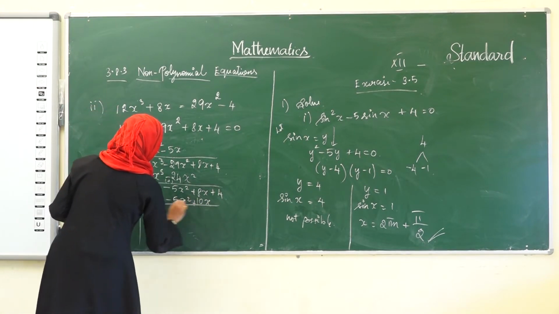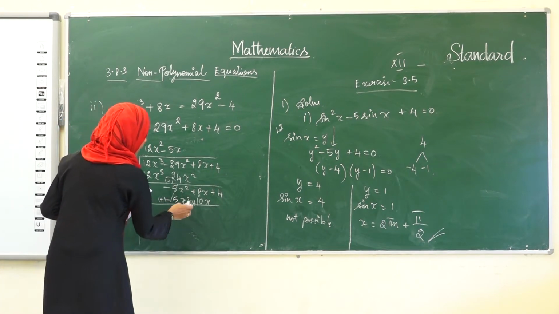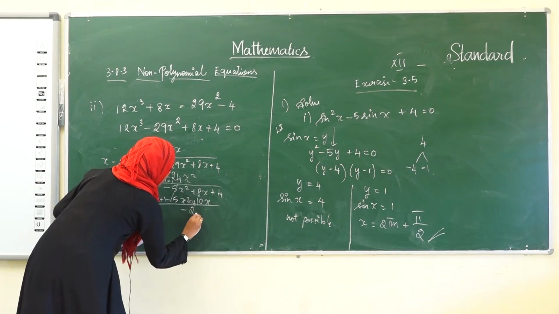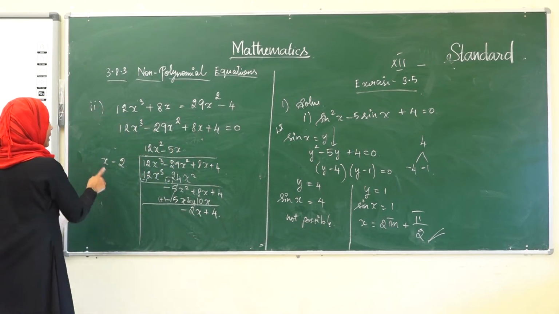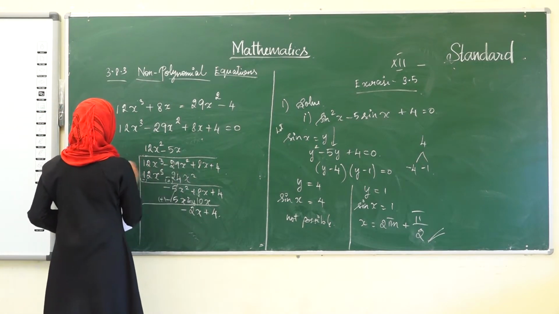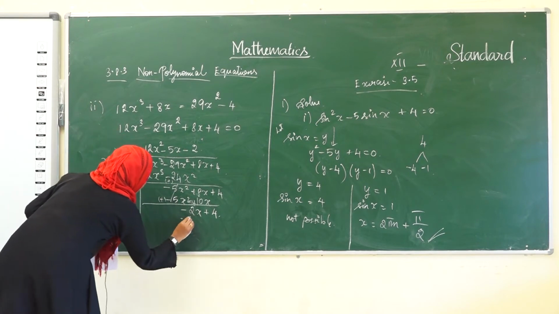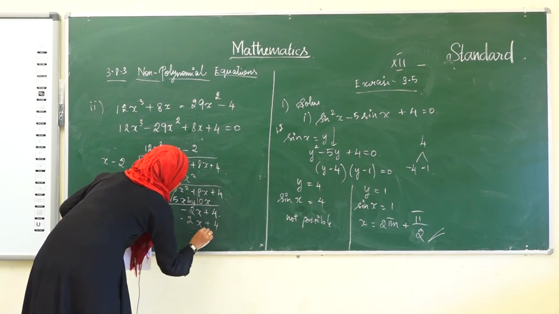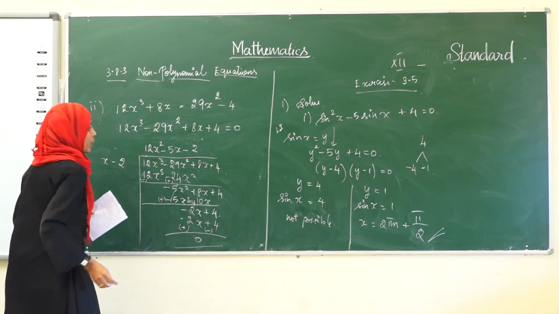On again changing the symbol, this becomes minus, this term gets cancelled. Here it is minus 10x and here it is plus 8x, therefore minus 2x plus 4. See the first term again, here it is x, here it is minus 2x. On multiplying this with minus 2, what's the answer we get? Minus 2x into minus is plus, plus 4. Again changing the symbol, we get the remainder 0.